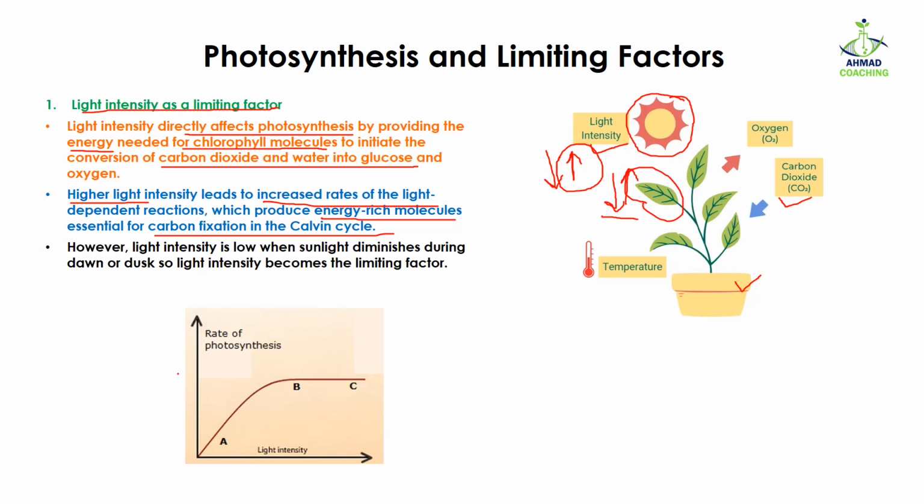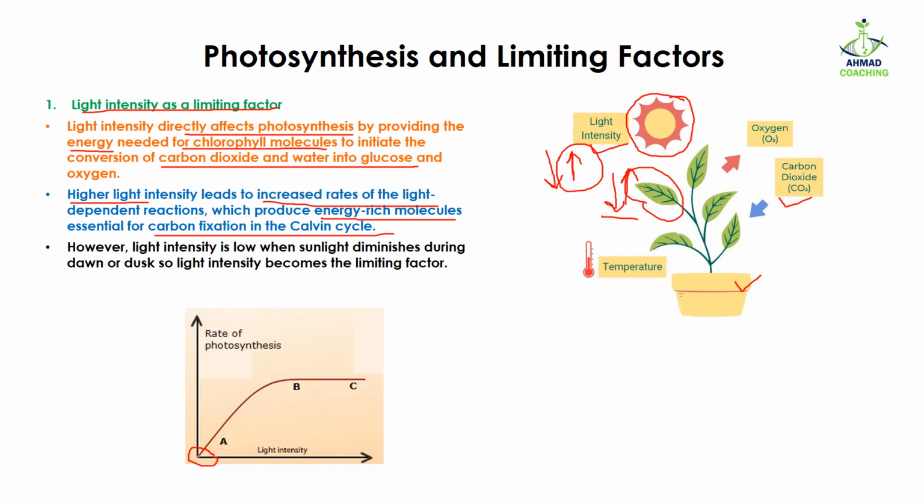Here in this graph, you can see that when the light intensity is very low, for example, when the clouds are covering the sun, or it's getting dawn, or it's getting dusk, it means light intensity is very low. So the rate of photosynthesis